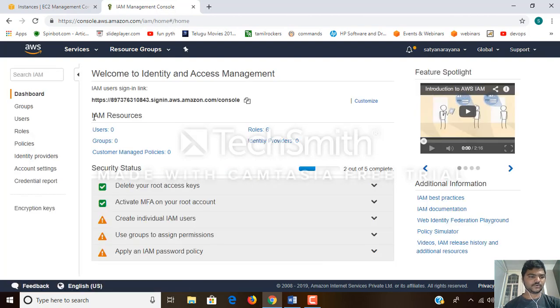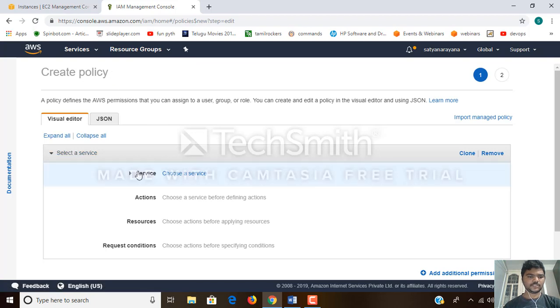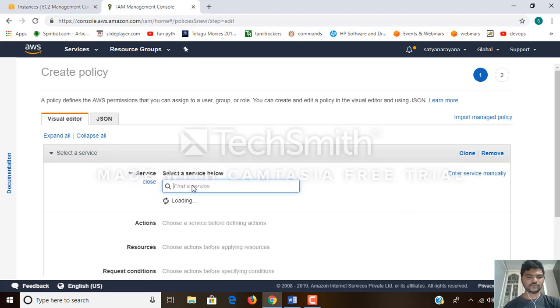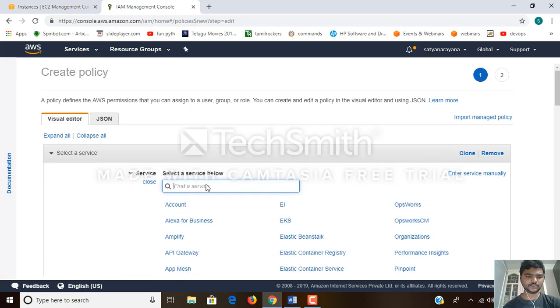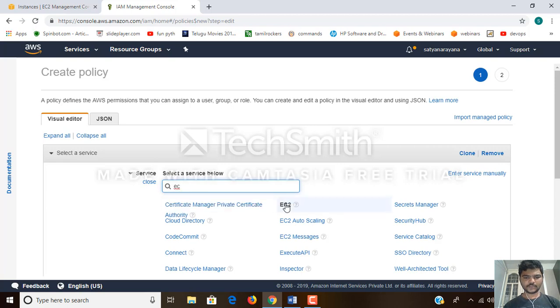So firstly, here we can see in the right panel we have policies. So click on policies, then create policy. In these services we want to choose EC2, where we want to start and stop the EC2 instance. So click on EC2,